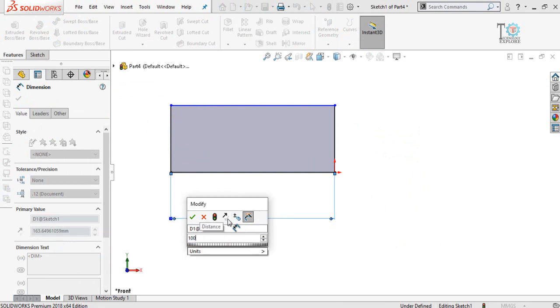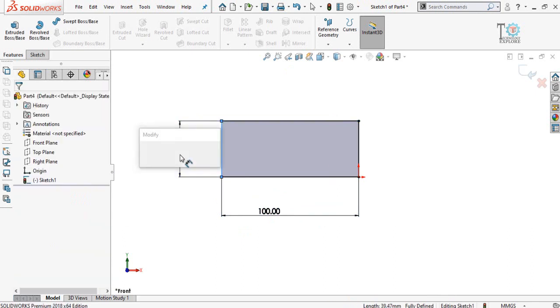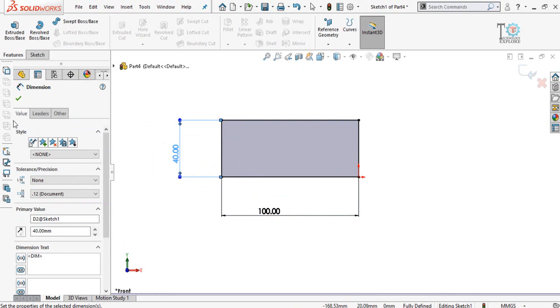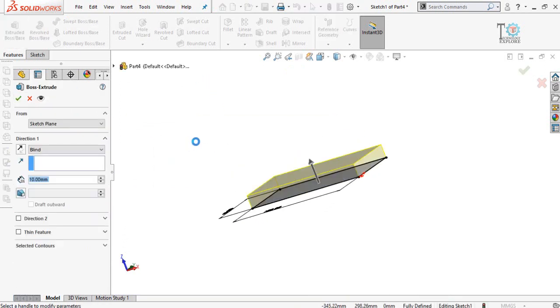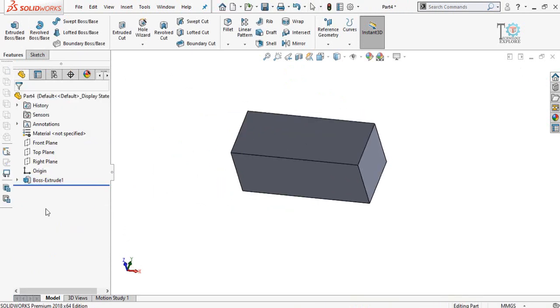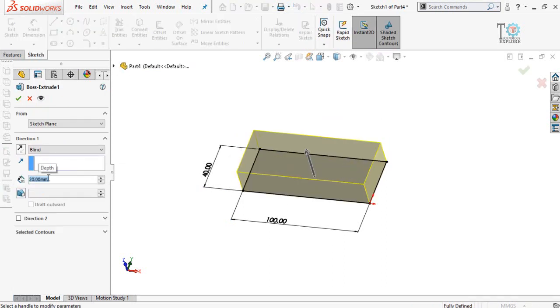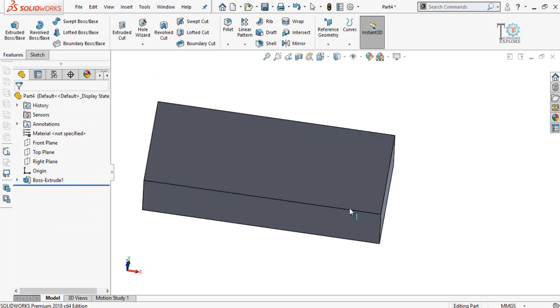The length of the rectangle is 100 millimeter and the width should be, let's say, 40 millimeter. Then we have to extrude it, maybe 20 millimeter. So 20 millimeter is okay.